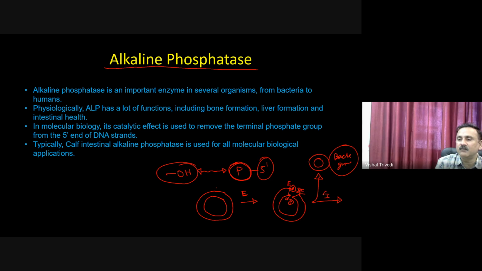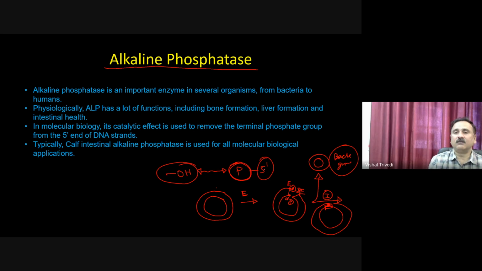If the insert is also digested with E. coli, then only it should form the double-stranded DNA. But if you have that same enzyme on both sides, then even without the insert it is going to